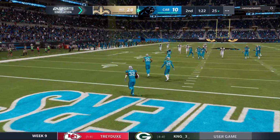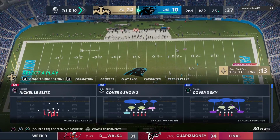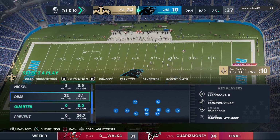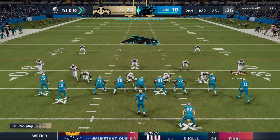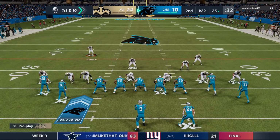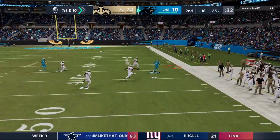Fair catch signaled for and taken successfully. The Panthers take over 1st and 10 at their own 25-yard line. The Panthers out there and ready to begin their next drive. And a first half that really has not been kind to them. A late opportunity here to maybe make some inroads on this deficit before half. And this drive's going to go a long way towards telling us what...